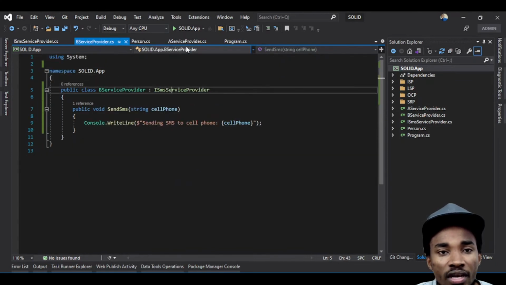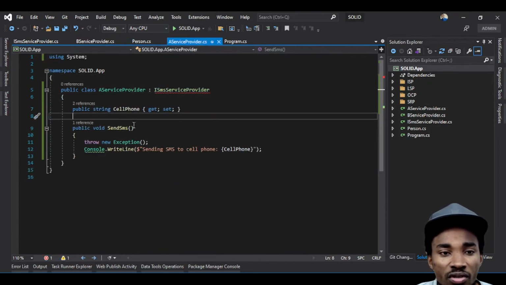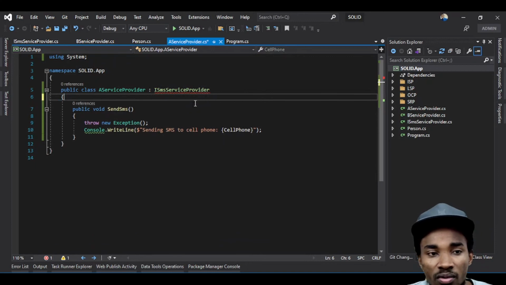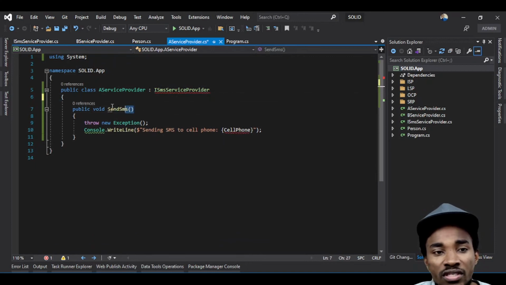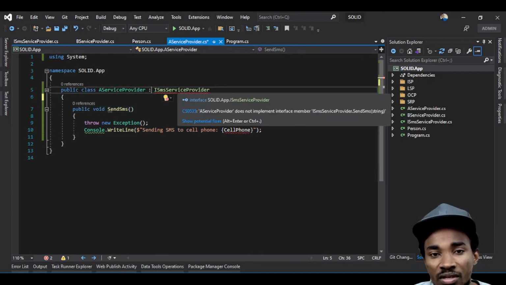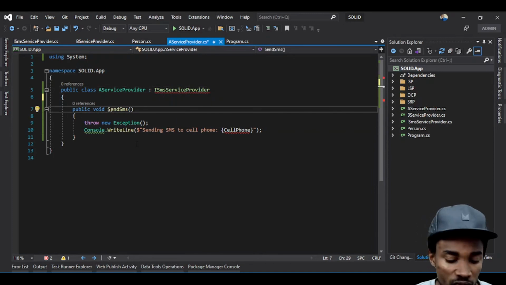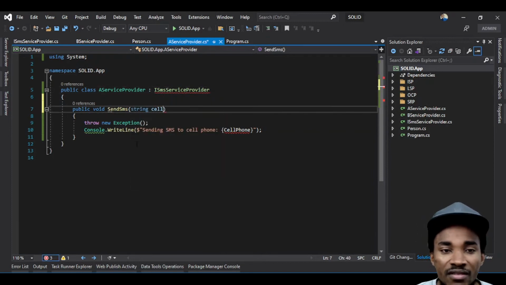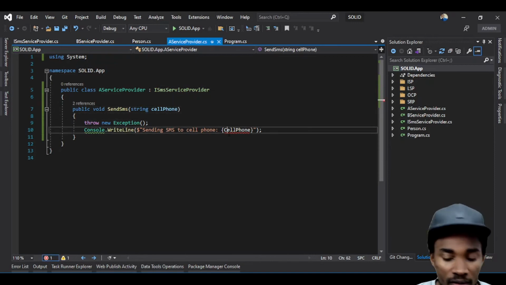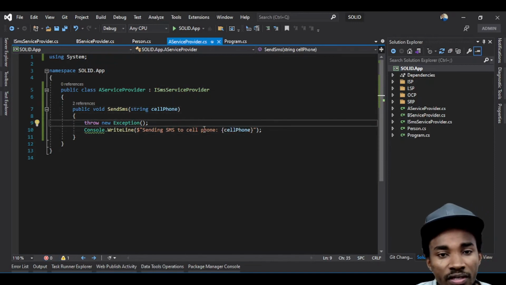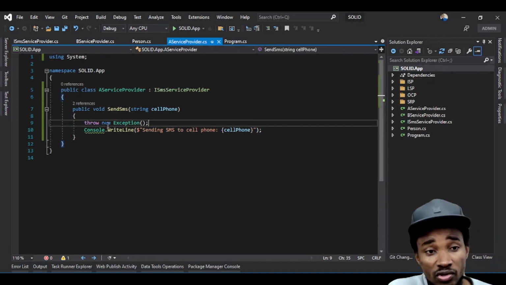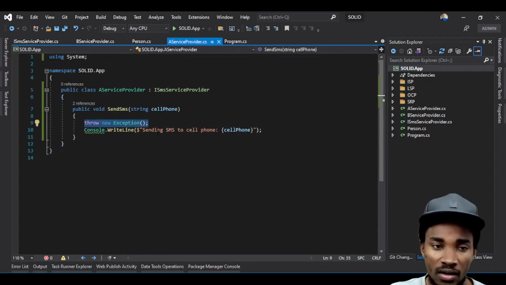And if you check your A service provider, we just have to make sure that we remove that as well, because the reason why it's complaining is because the signature here doesn't match what you're exposing there. So you just have to resolve it by making sure that they have the same signature, and everything will be fine. So for instance, if I have this now, I'm just gonna still keep this exception that I'm throwing here,